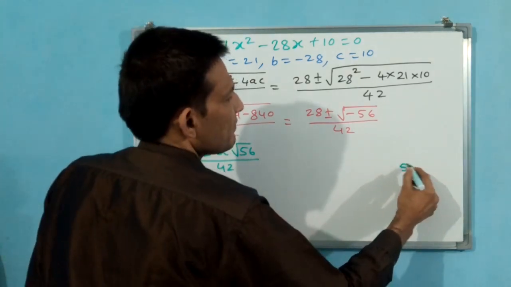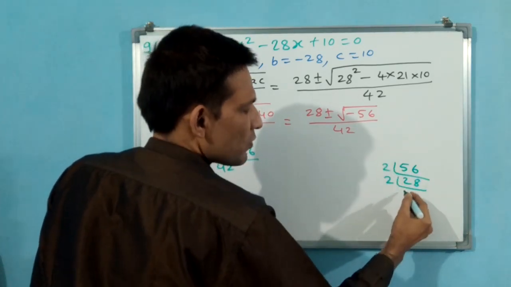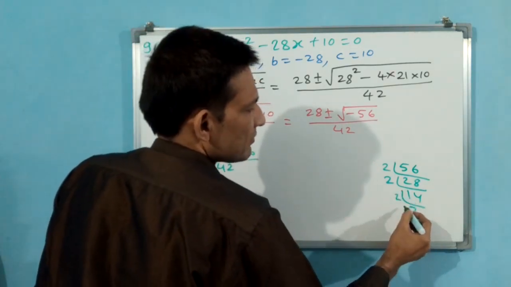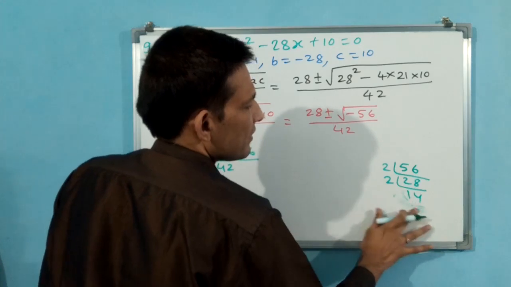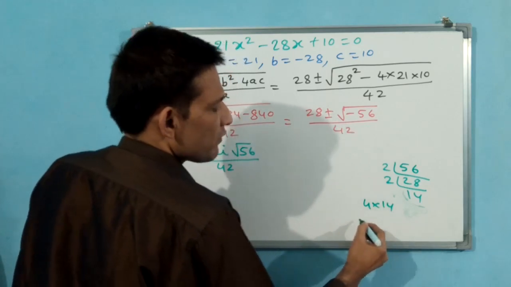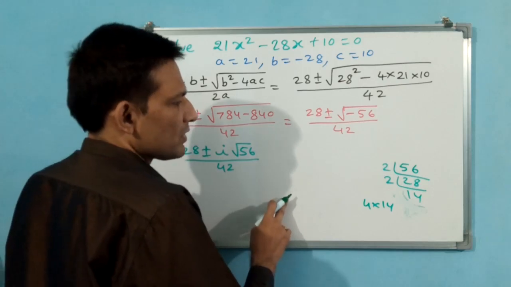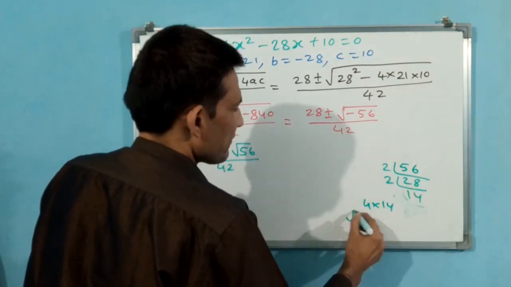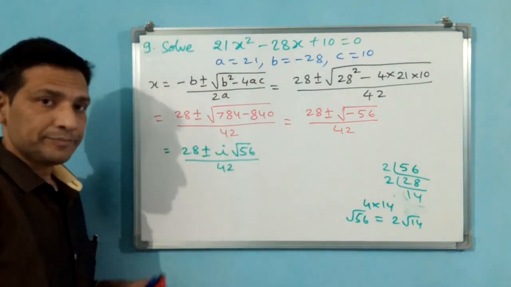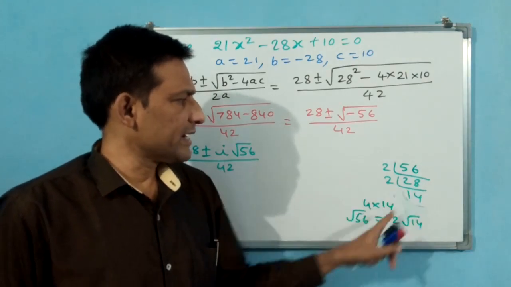How? You see 56, 2 times 28, 2 times 14. Now it will not go. Why? Because 2 into 7 will come. That is why you keep 14 like that one. That means 2 into 2, 4. 4 into 14 if you keep, automatically 4 root 2. That means 2 into 2 also, 1 2 you have to take out. That means root 56 is going to become 2 root 14. Okay, 2 root 14. 2 square 4 into 14, 56. Again it is going to come under root.